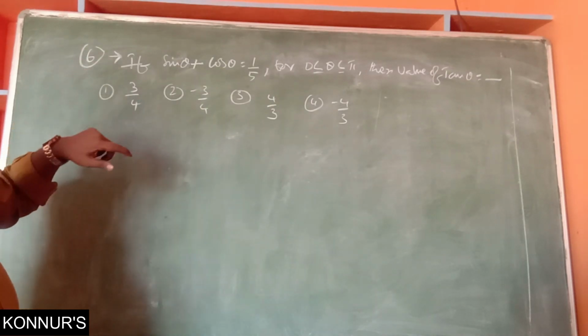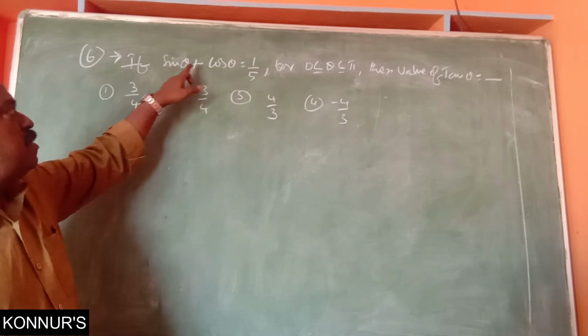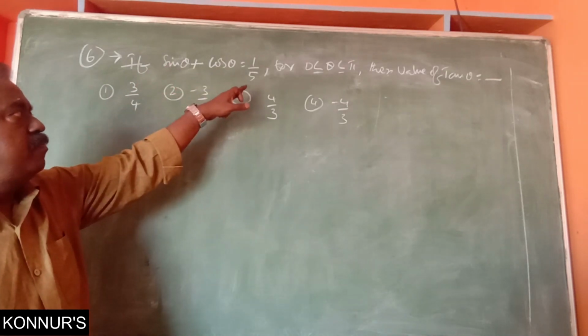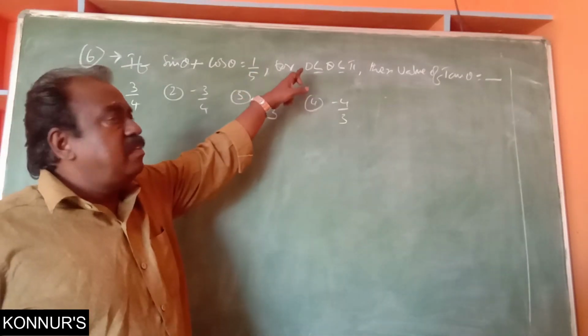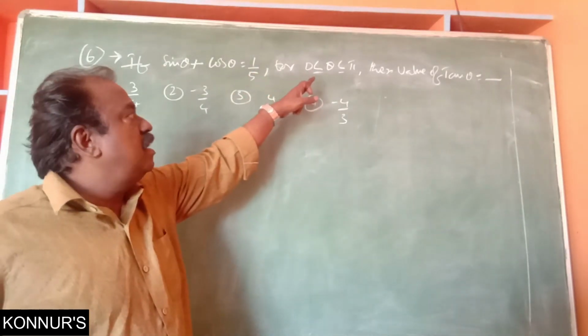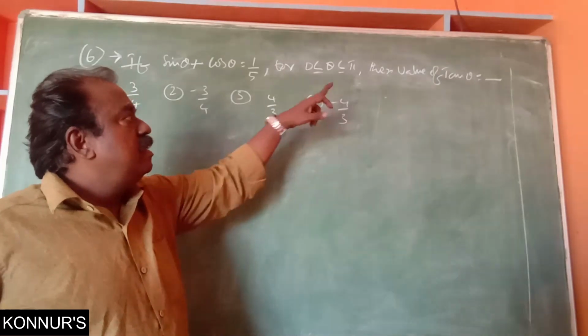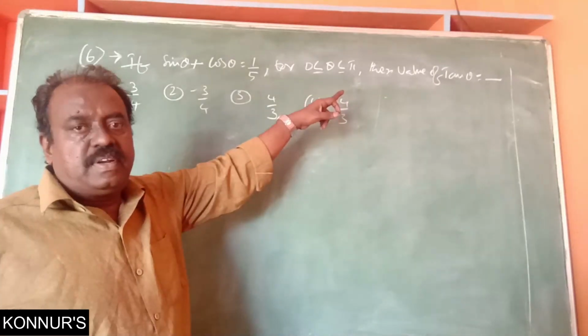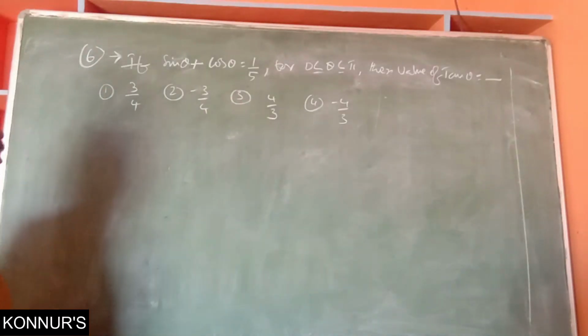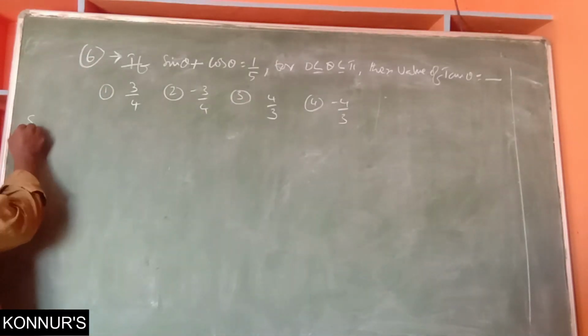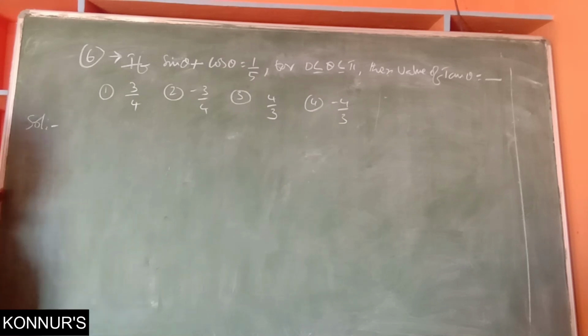In the 6th problem, sin theta plus cos theta is equal to 1 by 5, with one condition: 0 less than or equal to theta less than or equal to pi. Then the value of tan theta is equal to dash. Options are given. Solution. You see,